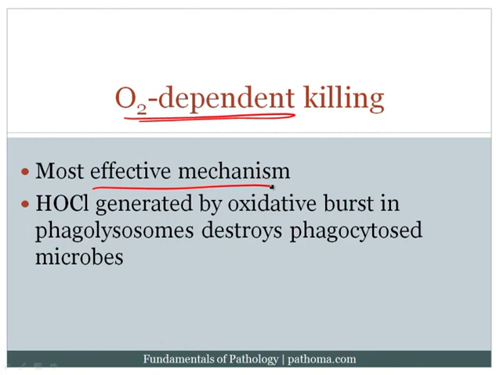Now, this requires a little bit of biochemistry to understand this mechanism, and because there's going to be a disease process that's important in this discussion, I do need to review some of that biochemistry with you. And I think the easiest way, again, would be for me to simply create a whiteboard and explain this. So the mechanism by which killing occurs is going to be oxygen dependent, so we're obviously going to start